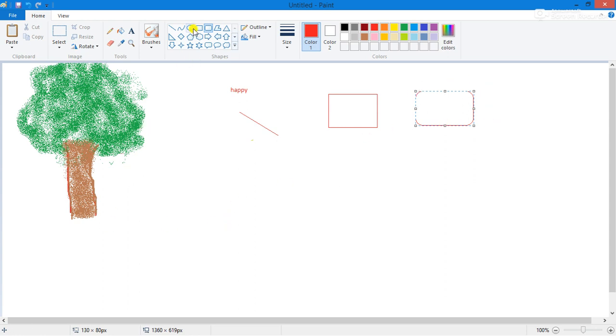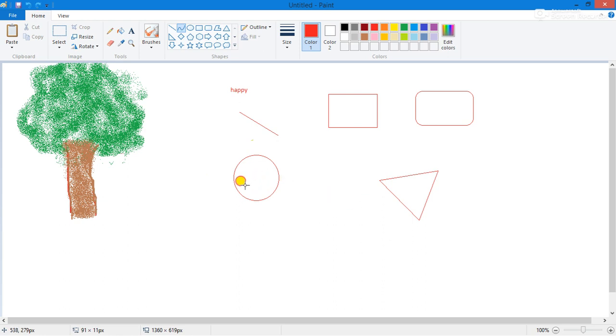And oval tool is used to draw oval shapes or circles. Then we have the polygon tool. Polygon tool is used to draw shapes with many sides. I will not draw a line again and again. I just put one line and click on another side. To close the shape, I click here. So this is a triangle. Now curve tool is used to draw curves.